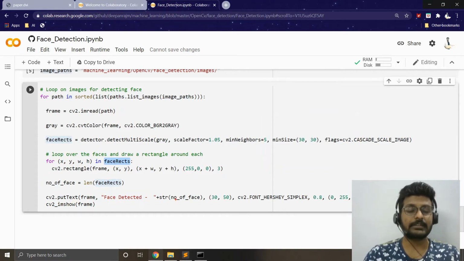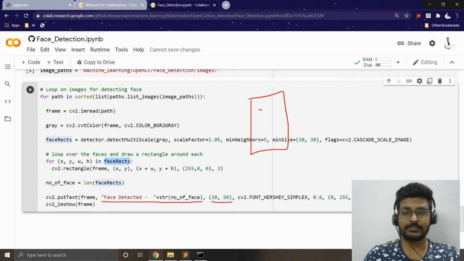Okay, so variable number. So this is going to be the values or the text which is going to be printed onto the particular image, and after that this is going to be the starting point. Let's say if this is my image, if I give 30 cross 50, this is the point where my text is going to start. So I'm not going to have any end point, because that is entirely dependent on the length of my particular string. Okay, so I just decided to go with the starting point alone, and this is going to be the font style, this is going to be the font size, the color, and the thickness in pixels, and finally I'm going to show the image in the given frame.